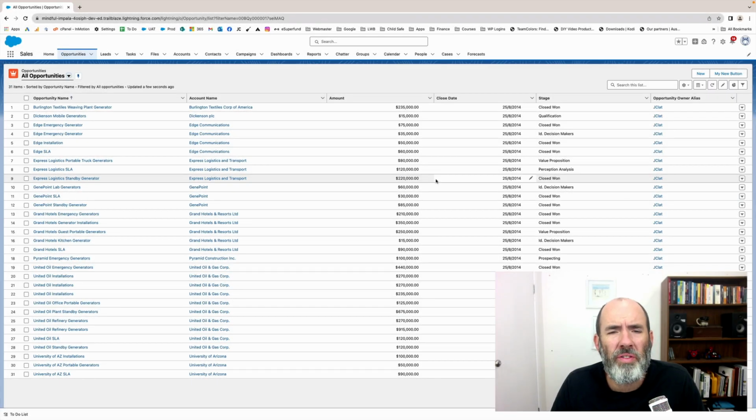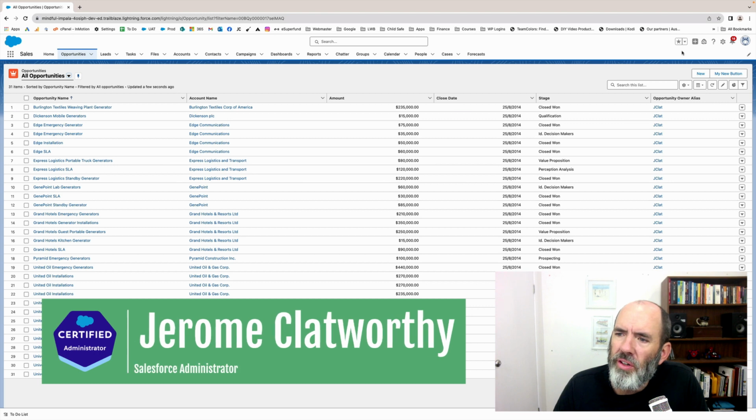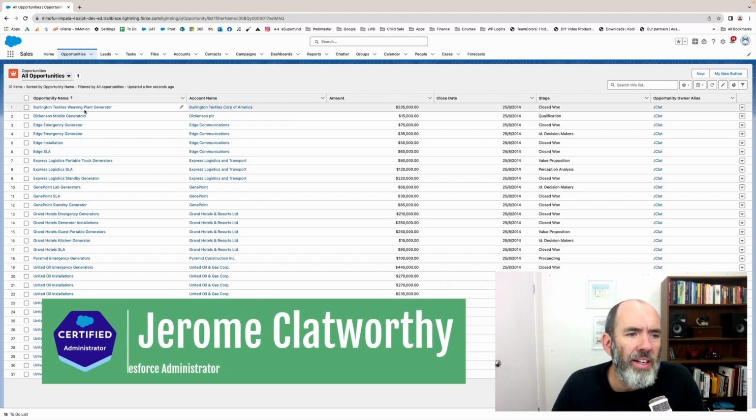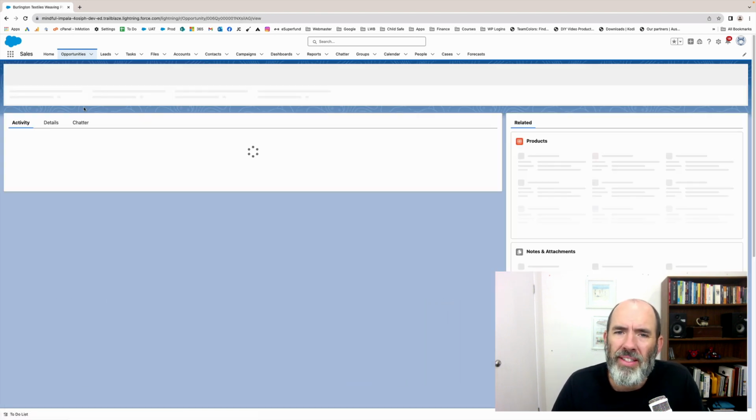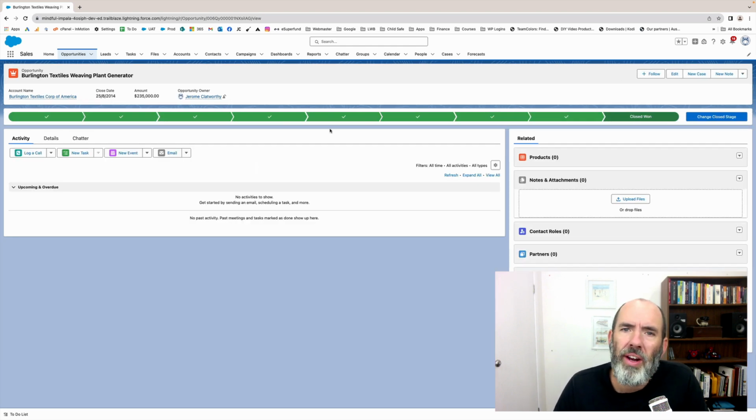In Salesforce, there are multiple different button types you can configure. You can make buttons that appear on list views and also related list views. You can also make buttons that appear on record pages. So in this example, I'm going to show you how to create a button that appears on a Salesforce record